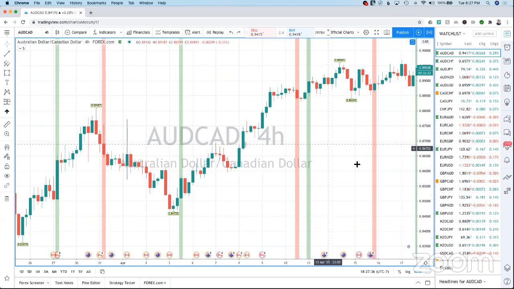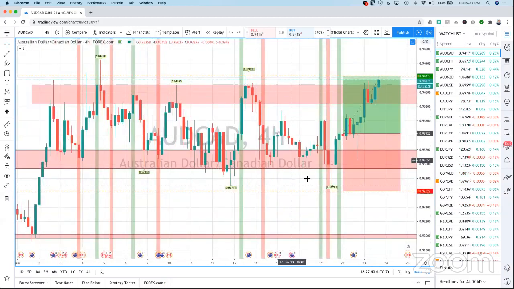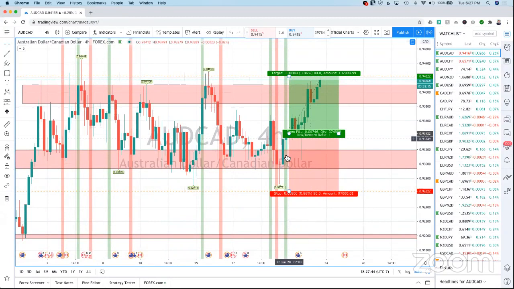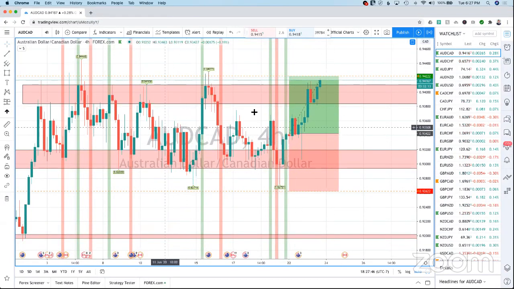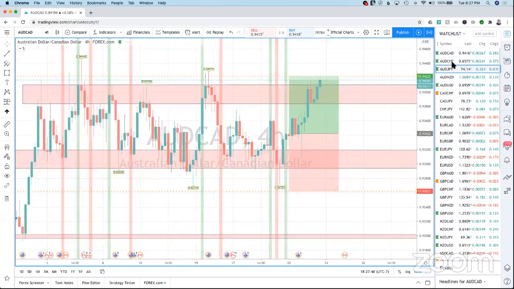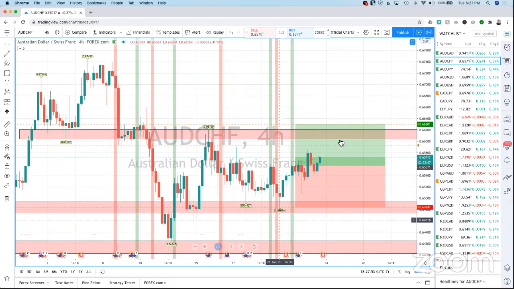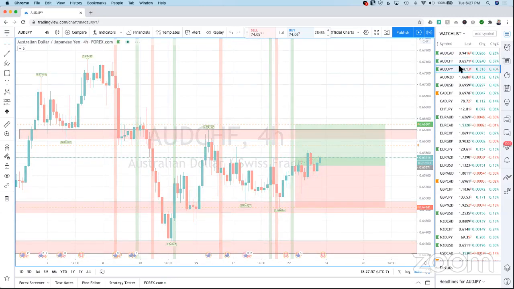Okay. So if I go here, you can see that price is moving up pretty strong for AUD/CAD, right? This is indicating that the Australian dollar is strong. So if this is strong, the AUD/CHF is likely going to be strong too. So you can see it's strong. It's not as strong, but it's still strong. So it's going up. This is showing that the Australian dollar is